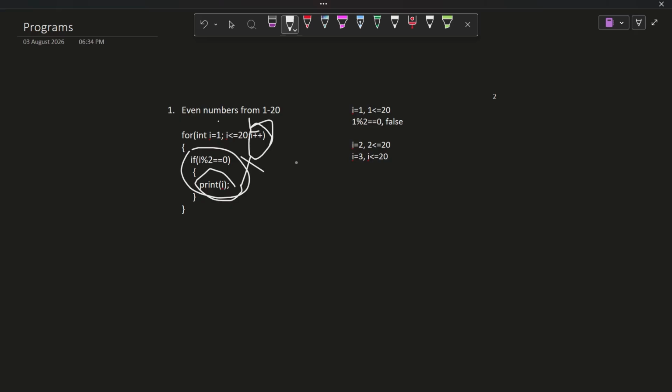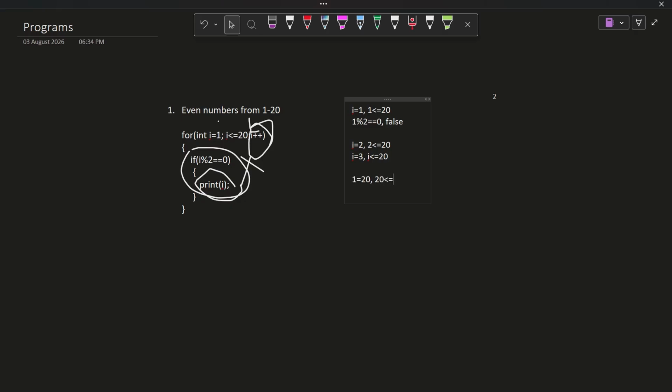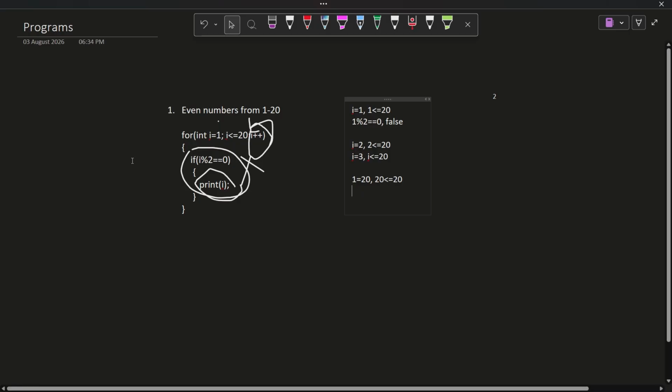Clear? Similarly, the loop continues till i equals 20. Clear? 20 less than or equal to 20, the condition is true, and